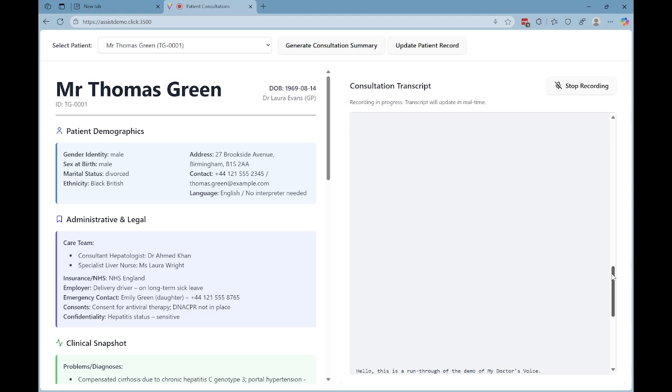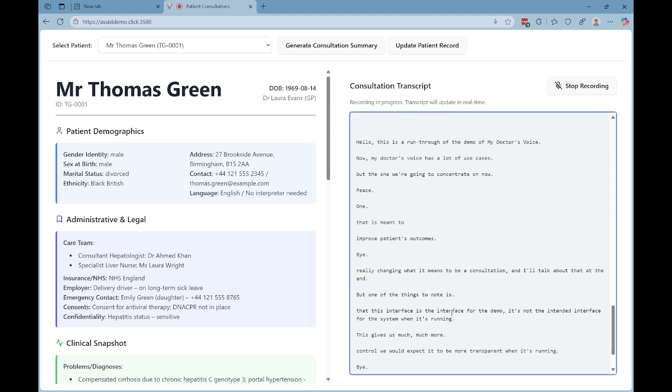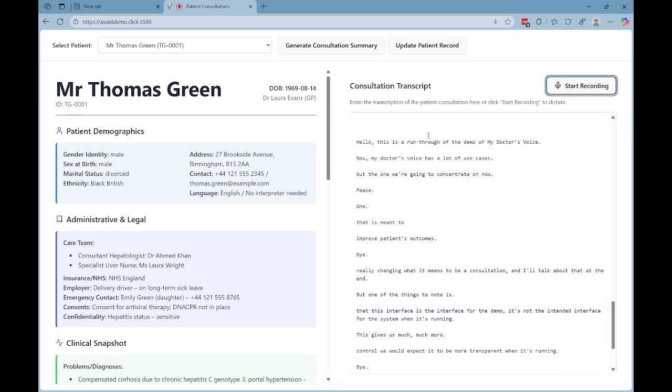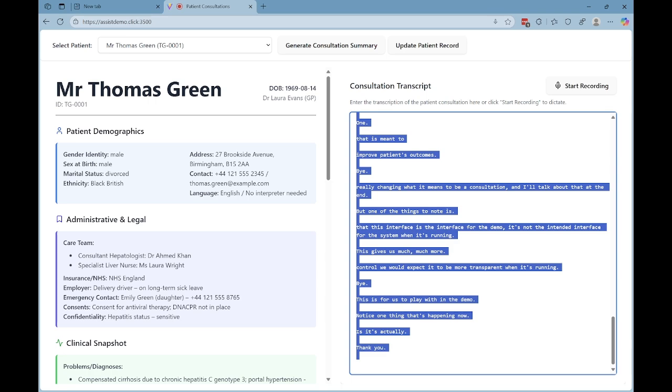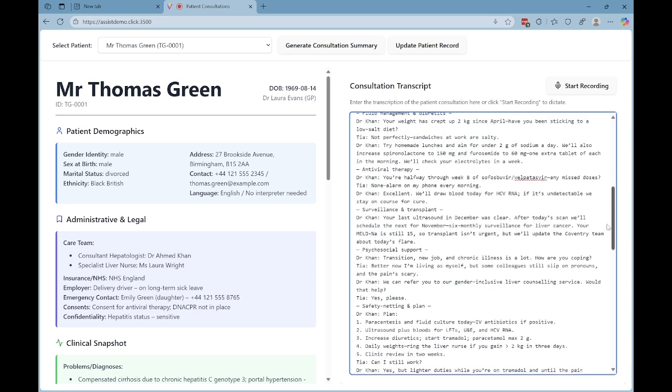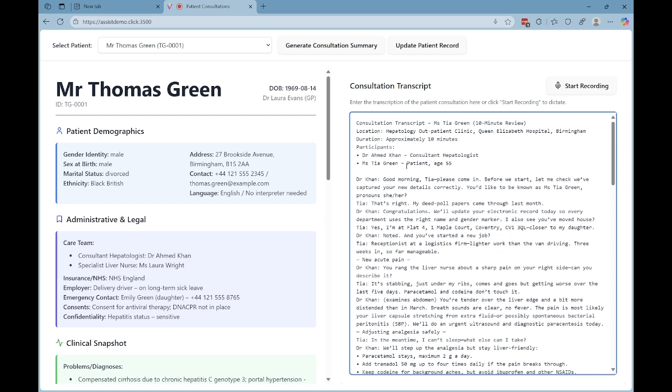And notice one thing that's happening now is it's actually been recording everything I've been saying. Now I'm going to stop doing that because I don't really want any of this. And that's not really a patient consultation, but this is a transcript I've done earlier of a patient